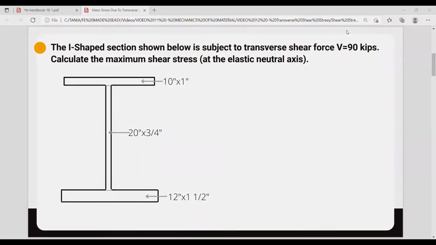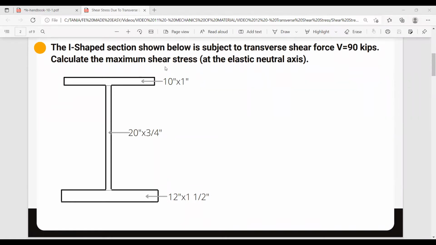Now let's move on with today's problem. The I-shaped section shown below is subject to transverse shear force equal to 90 kips. Calculate the maximum shear stress at the elastic neutral axis. Okay, so right away, let's